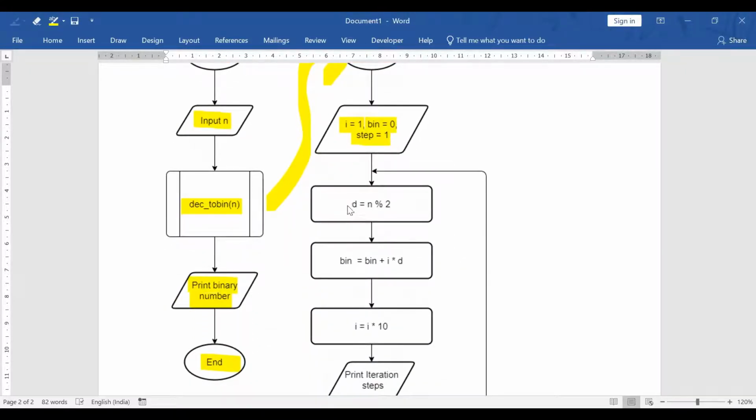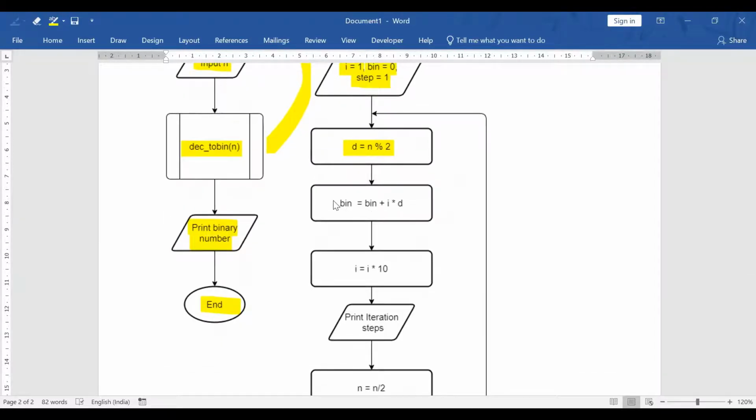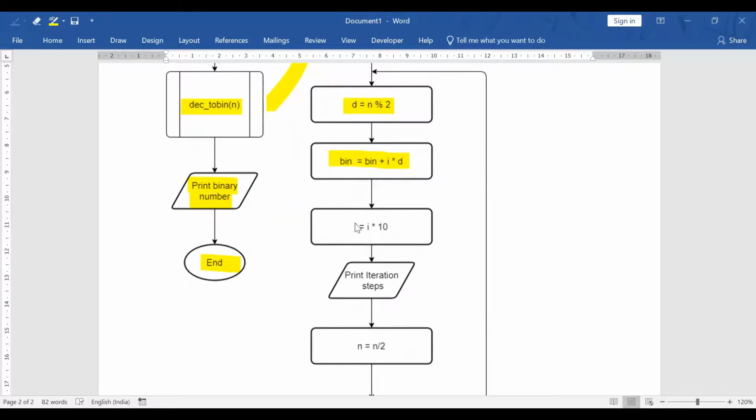Okay, so d is equal to n % 2, the remainder after dividing the number by 2, and then we form the binary number using this relation: bin = bin + i * d. So what is i? i is equal to i * 10.